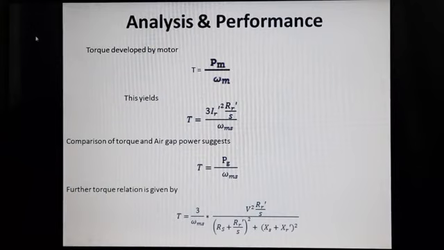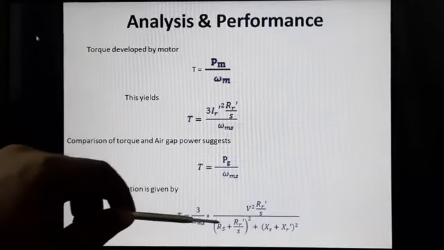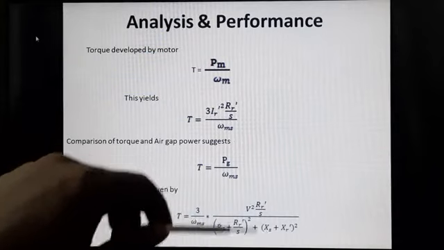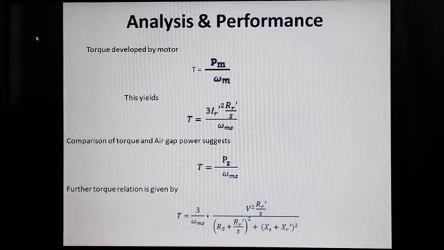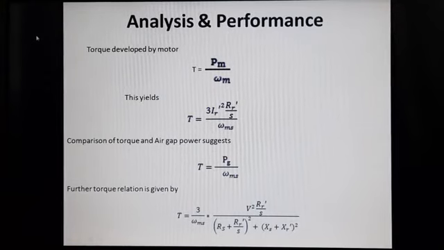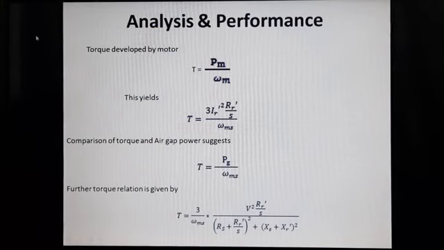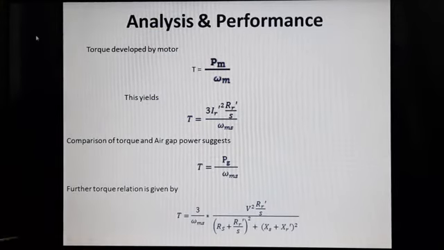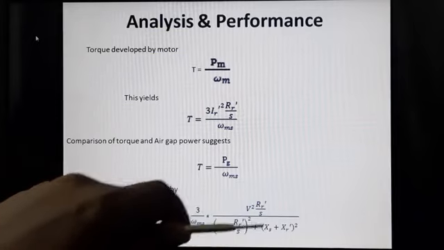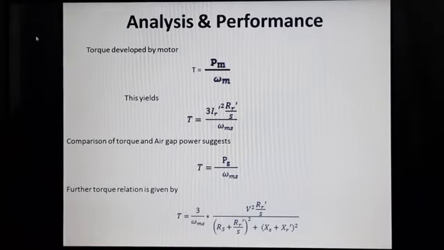The relation you will be obtaining after neglecting the terms of stator resistance and stator reactance, considering them as very small in value. So the relation you will be getting is torque equal to 3 by omega ms. This term will be retained, and the numerator will consist of s V square into Rr dash, and the denominator will have Rr dash square plus s Xr dash the whole square. Accordingly, this relation will get modified. So you must write down that particular equation, then only you will be able to analyze the torque slip characteristics.